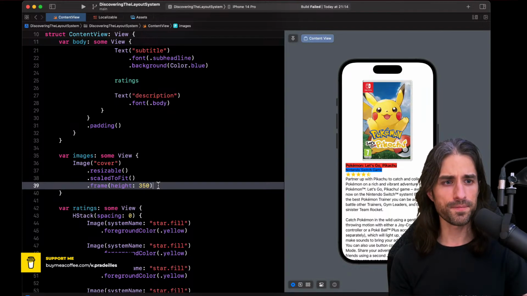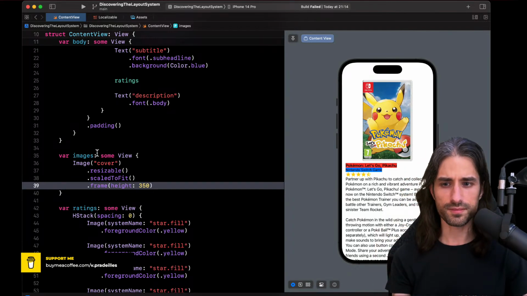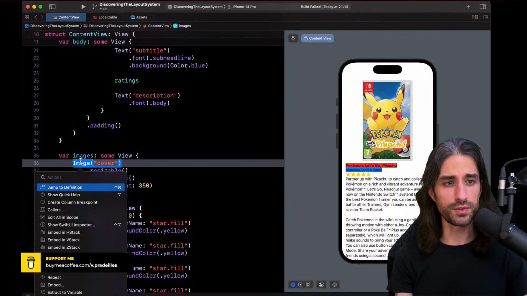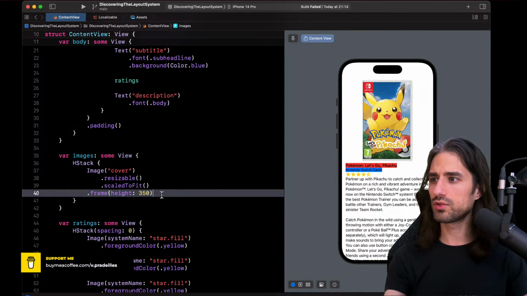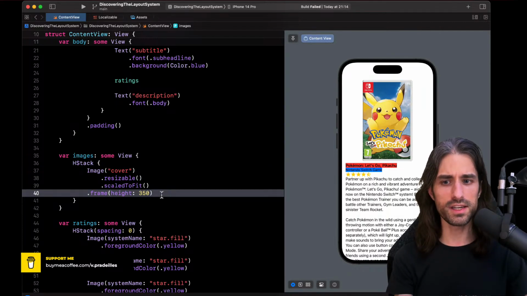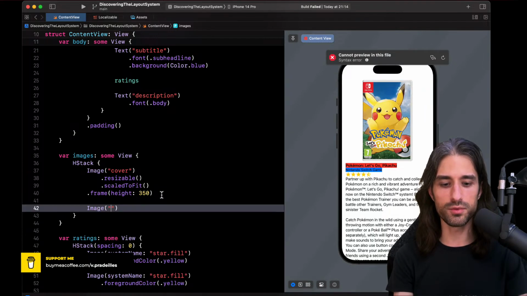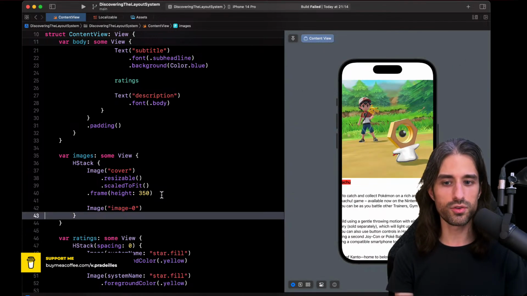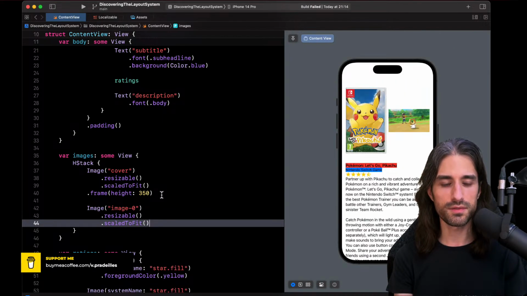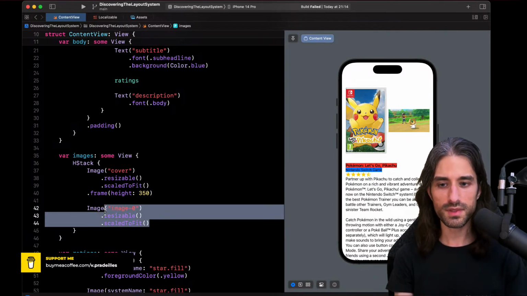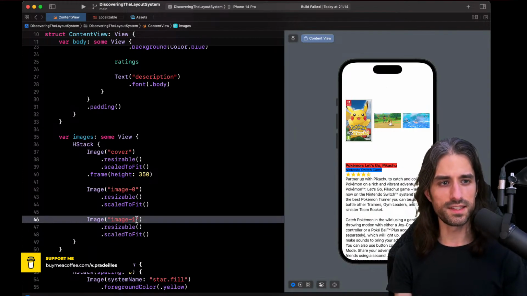So first thing, we need to add more images. And I said I wanted to lay out these images horizontally. So first step is to embed the single image we have for now inside an HStack. And then I'm going to start adding more images. So I could add the images by hand and do things like image-0. So I add the first one, I make it resizable, I make it scale to fit, for instance. Okay, so it gets displayed. Then I copy and paste it. Same thing for image 1, etc., etc.